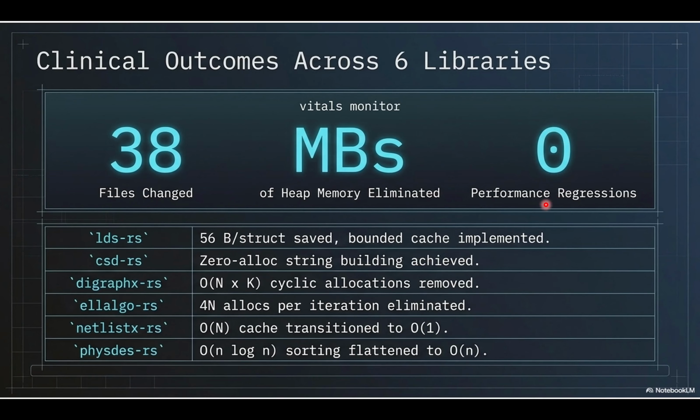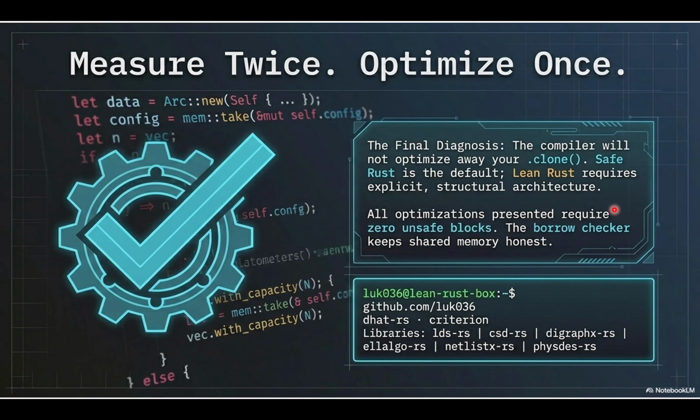But by strategically applying these trade-offs, swapping arcs, managing mem::take, restructuring parallel arrays, they eliminated gigabytes of hidden memory tax across thousands of algorithmic runs. Safe code can be remarkably lean code, provided you do the work to align the structures with your specific reality. It demonstrates the power of manual contextual engineering. It does. But, looking at the sheer amount of manual labor required to profile, diagnose, and swap these structures, it